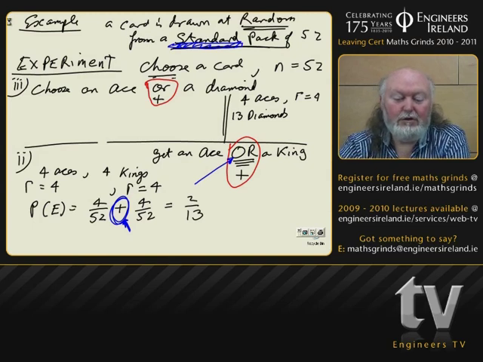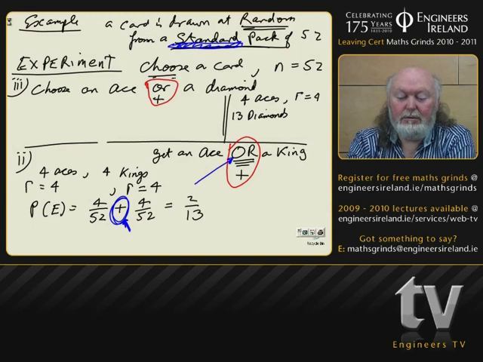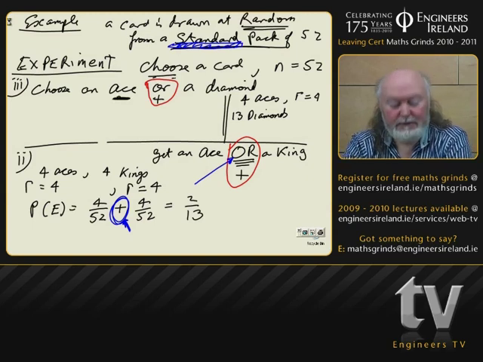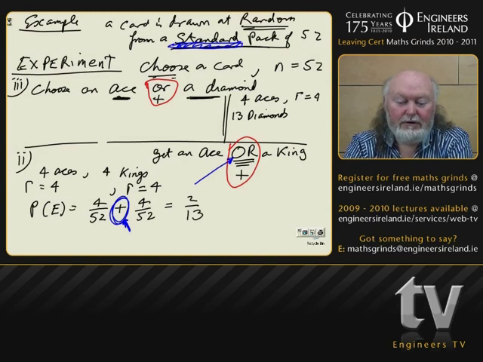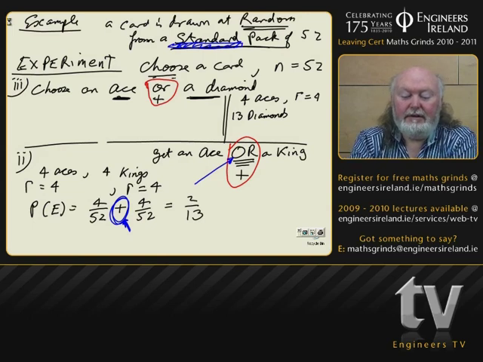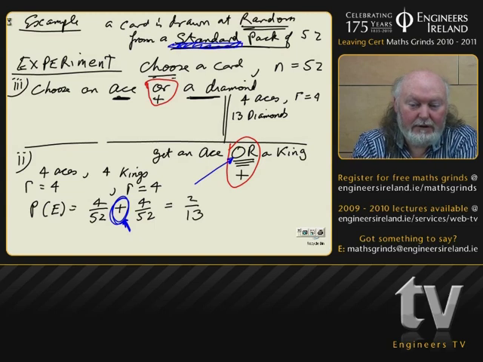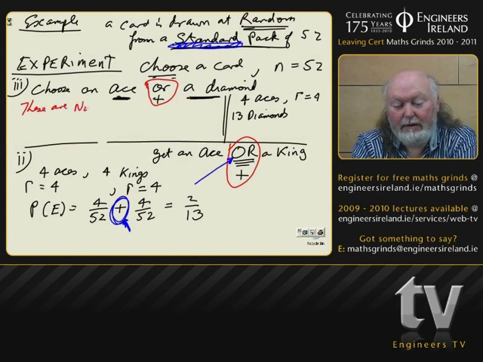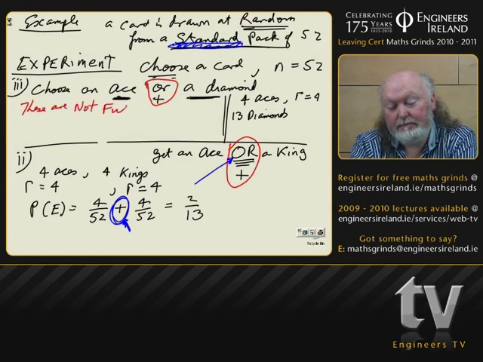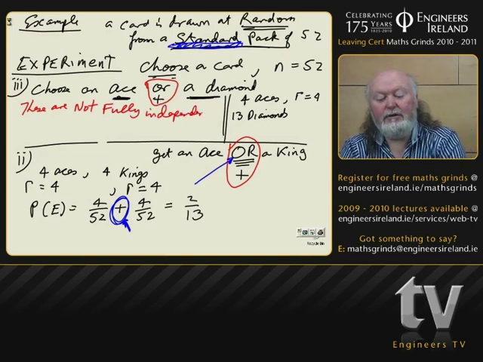So what we have is an overlap between one of the aces and one of the diamonds. And what you have to learn from this third part of the problem is we're going to say that because these two things are not independent, not fully independent,